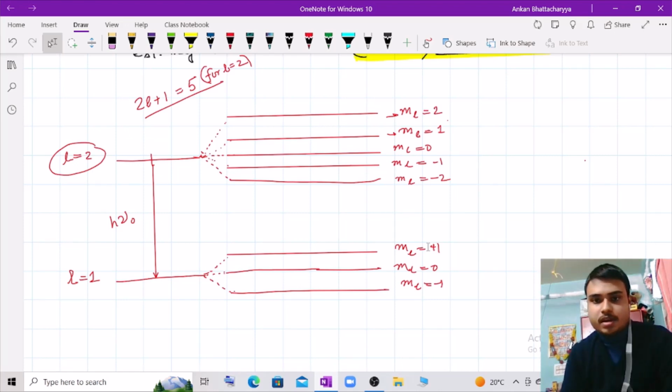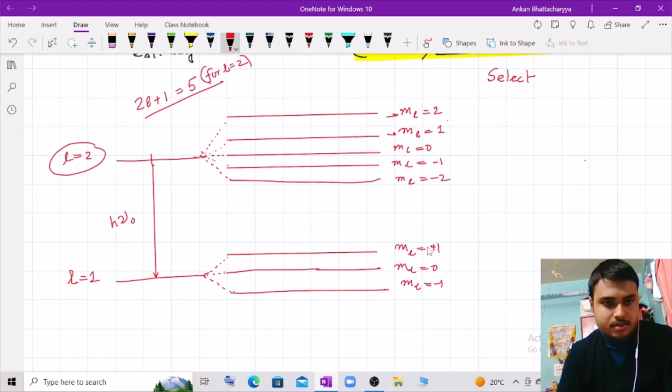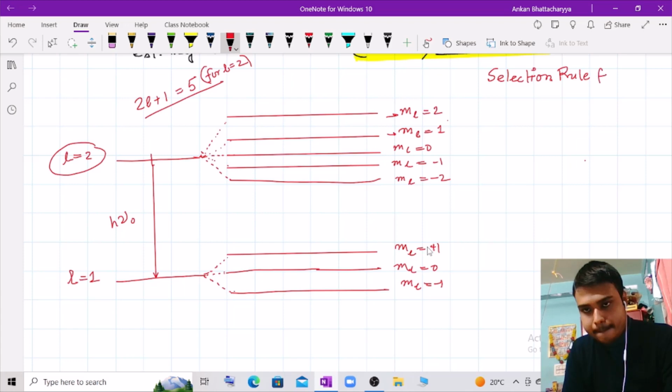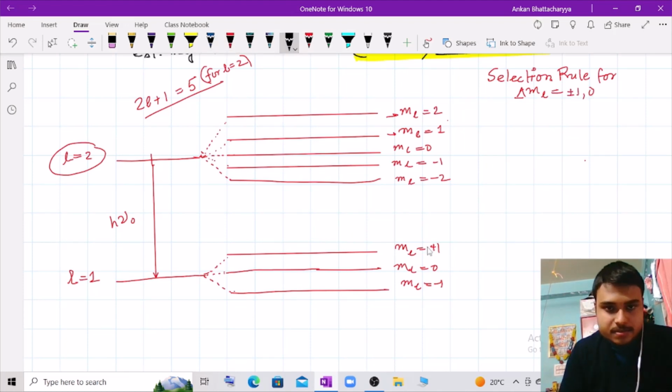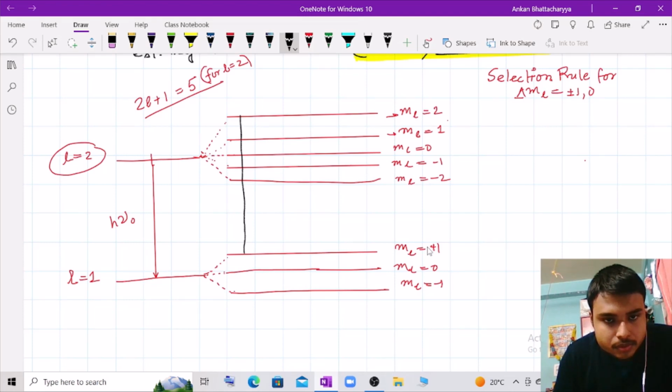Now what I told you in selection rule, selection rule for L is worked out here. So selection rule of ML is going to apply here. Selection rule for ML, delta ML is equal ±1 and 0. So the transition can take place from 2 to 1, 2 to 1. Okay,